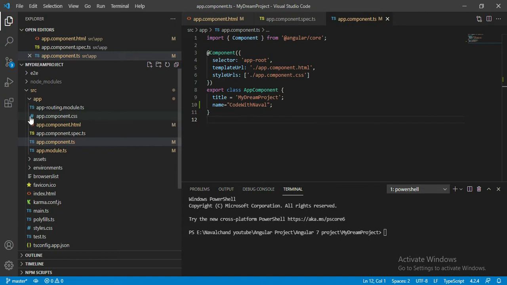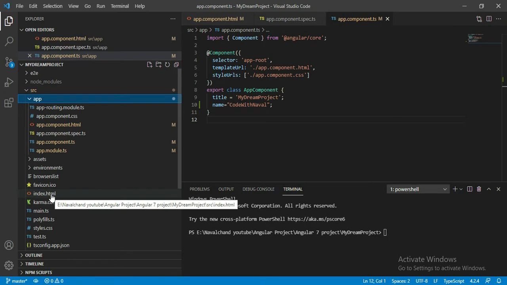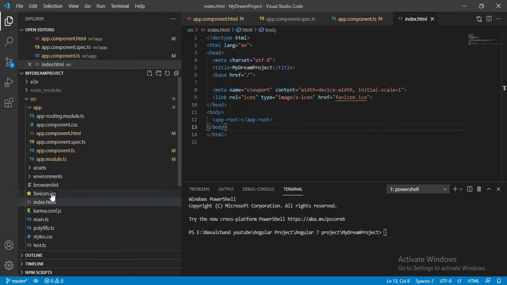So you might be thinking how the Angular application understands to call this particular component first. In an Angular application, this component is present by default inside the index.html file. You can observe that for any web application, the entry point is index.html. If I open the index.html file, you can see here we use app-root.